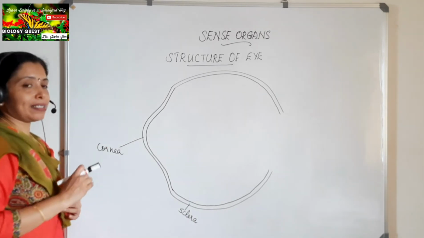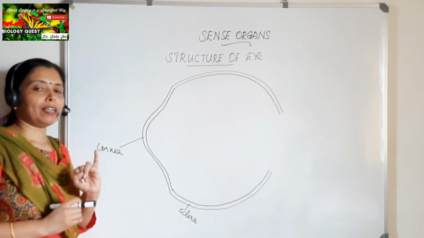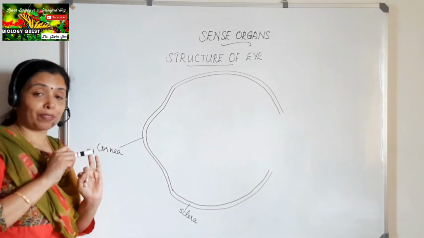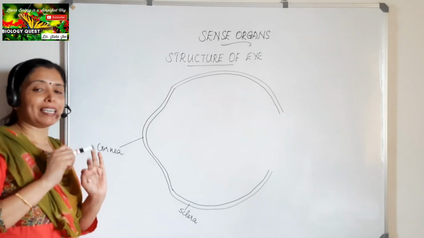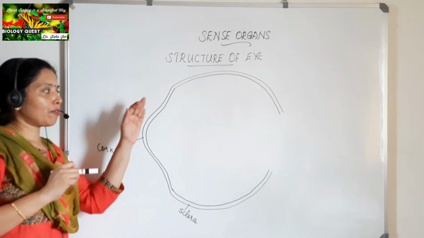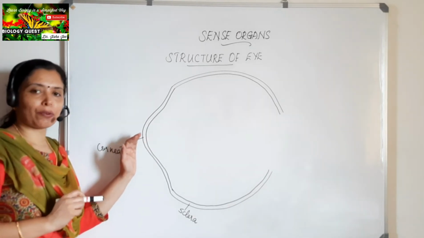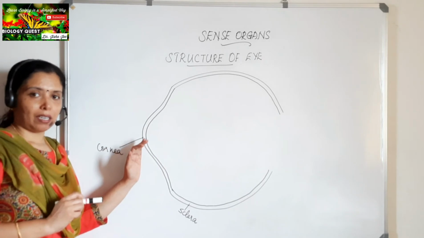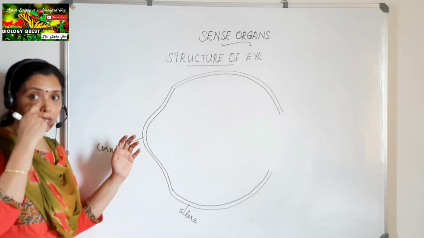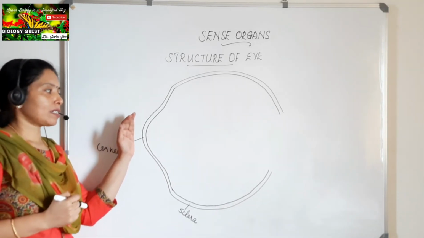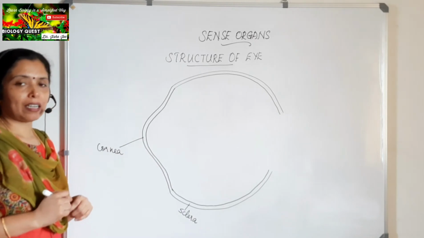Once again, sclera is the outermost layer of the eyeball wall. It is formed of tough fibrous tissue. It is white in color, and in the front part of the eye, the sclera bulges out and becomes transparent. Over that colored portion of the eye, the black or the blue or the brown colored portion, this sclera becomes transparent, and this region is called the cornea.